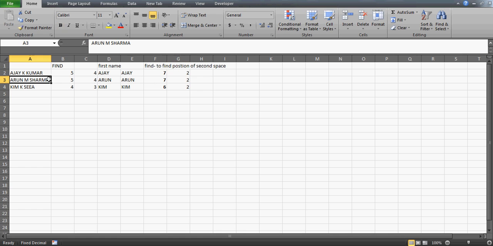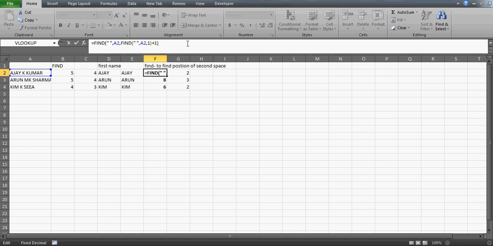So for example, Arun M Sharma is Arun MK Sharma, right? Now you're getting this one character extra in this middle name, because of the fact that it is actually counting the very first character where the second space is. It is on the seventh character, so 7 minus 5 is giving me 2, right? So ideally it is including the space as well, the second space. So what I can do is, I can further go ahead, I can subtract 1 from it, from every cell.